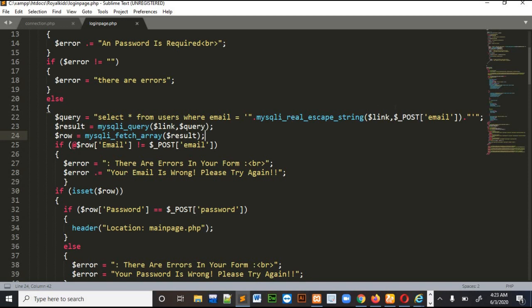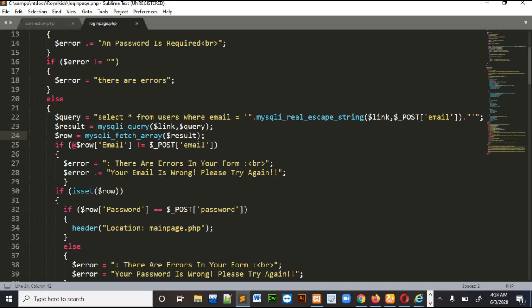Then I am linking my database and posting my email, the email the user had entered. So this is my query. Then I am running my query. So mysqli_query will run our query.